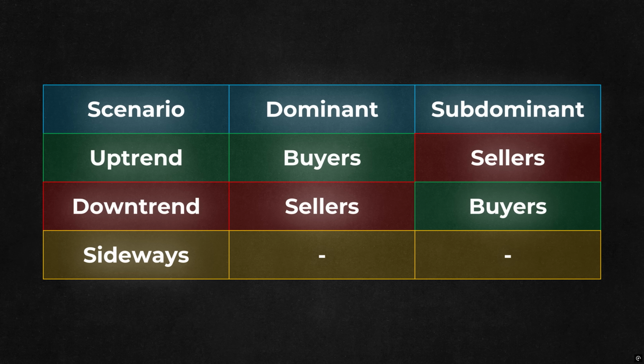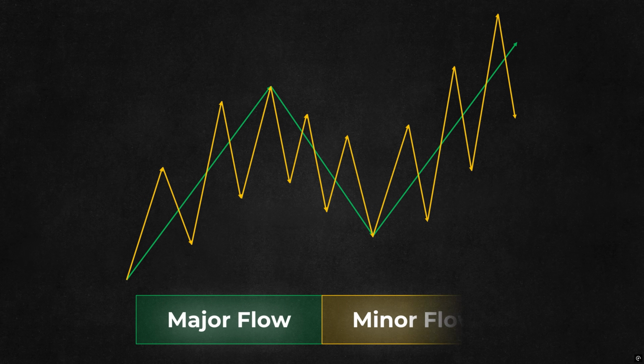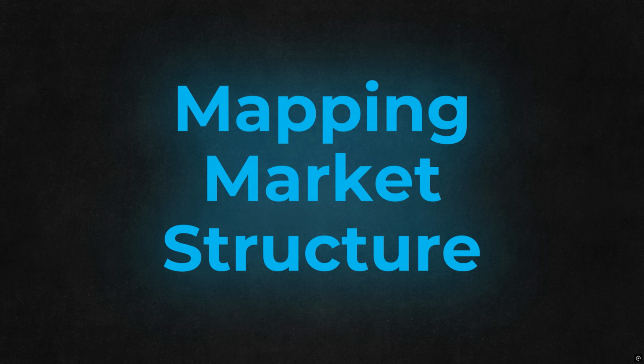In any market scenario, we can identify at least two flows of highs and lows, one major and one minor. If you pay enough attention to a real price chart, you will see that there are more than two flows, but keeping the analysis to two flows seems to be the optimal solution. Traders are always interested in ways of mapping out market structure, since this helps reduce the mystery and ambiguity of price movement. There are several ways of going about this problem, recalling that these different ways are not mutually exclusive. In fact, there is value to be found in the superposition of different perspectives of how to see the same